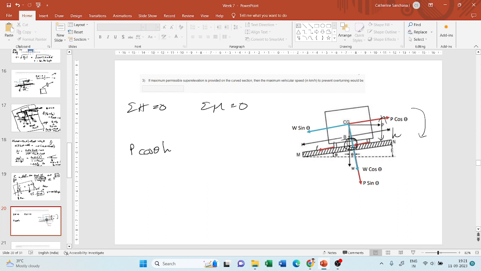What is the other force in this direction? We have to take the same direction. There is a resisting force RA, and that has a perpendicular distance of B by 2. The force is acting in the upward direction, so the perpendicular distance to it is B by 2. So plus RA into B by 2, is equal to